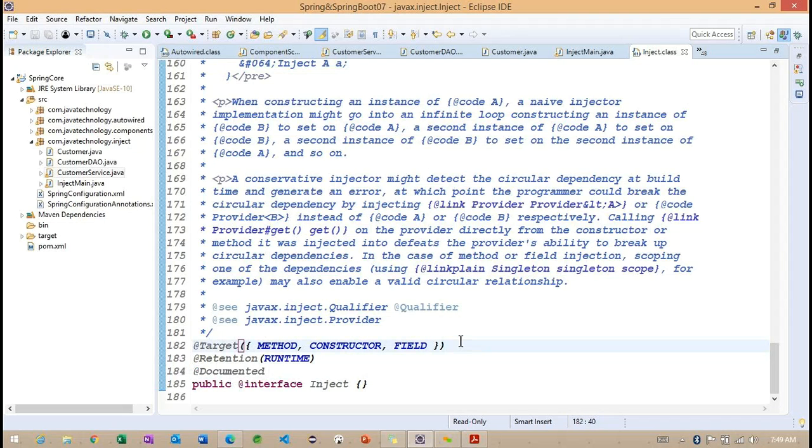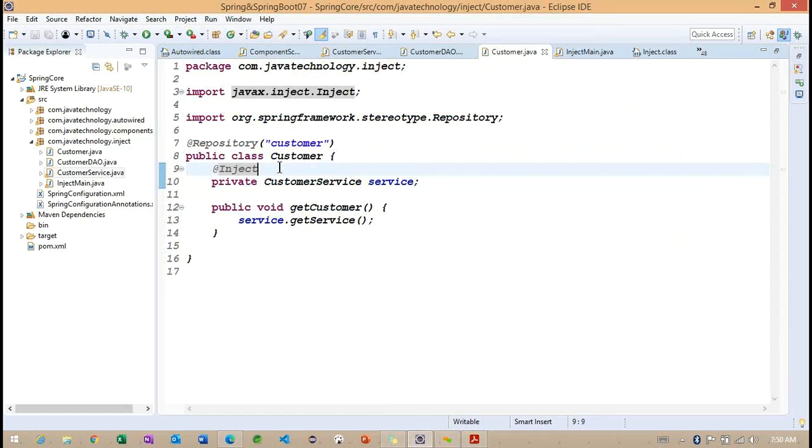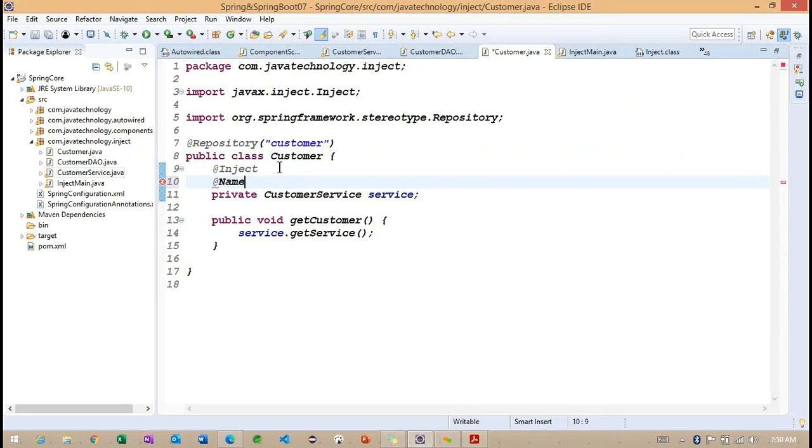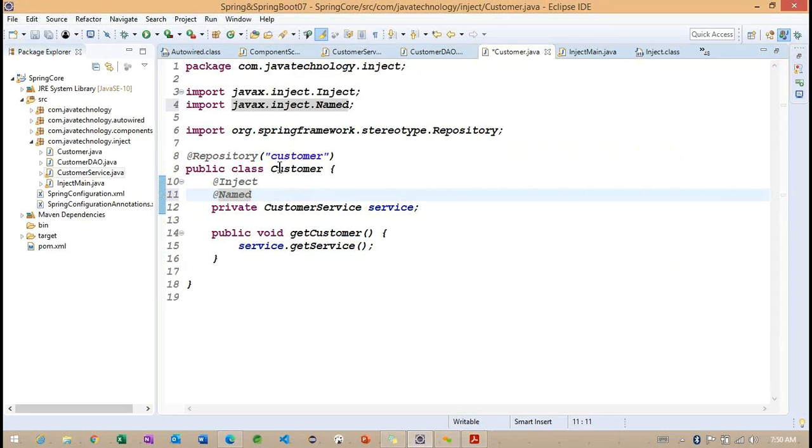So just for understanding, I'm trying to show one simple example here. Right. In the same way that we worked with the Qualifier annotation, we can go for this annotation called Named. So with the Named annotation, we can specify the particular object information. Getting the point? So this Named annotation is going to work the same way as the Qualifier annotation. Getting the point? So now what we can do: this Inject and Named related example we already discussed in the previous example.